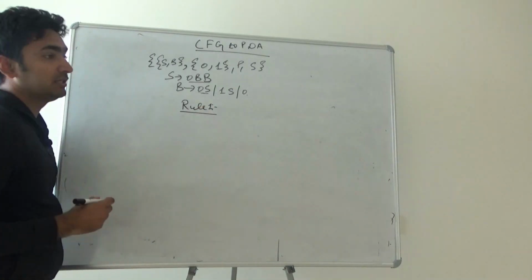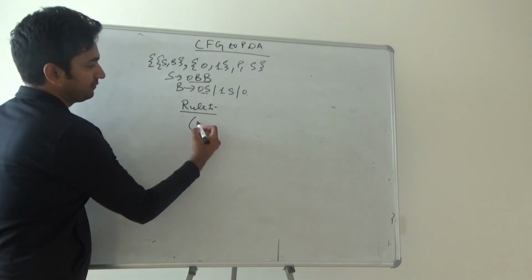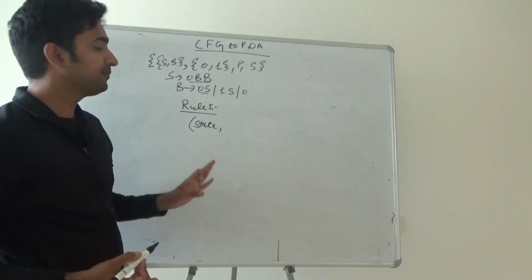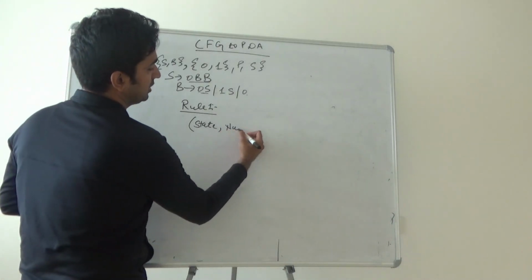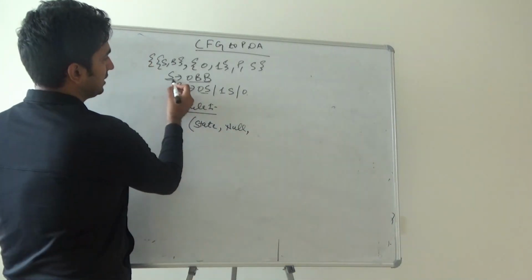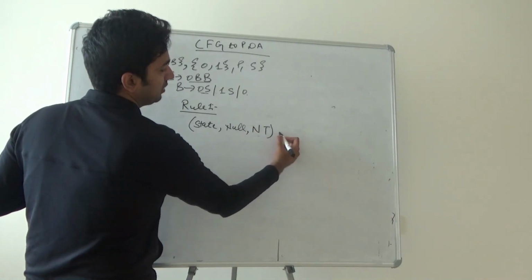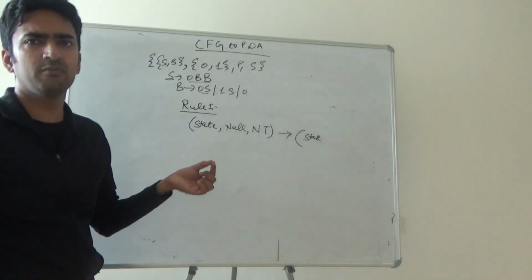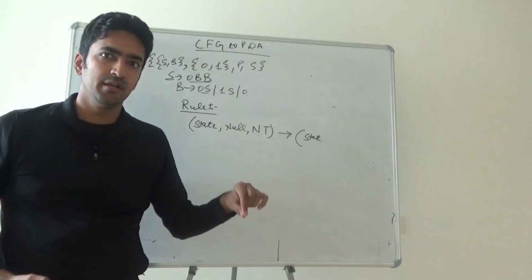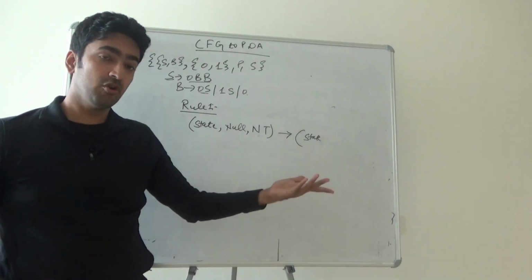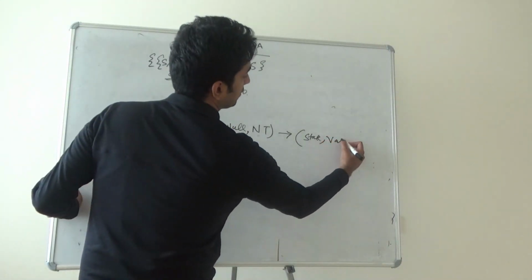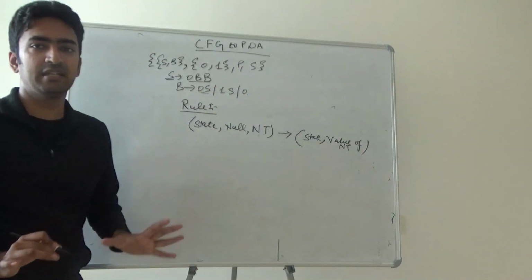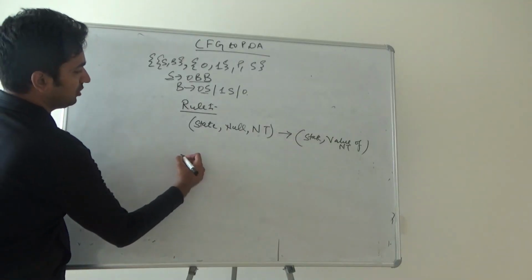Rule number 1: any state you can put, whether it is Q, Q0, Q1, whatever. Then you write the null symbol, and this is a non-terminal. It goes to any state. If I start from Q0, it can go to Q1, from Q1 it can go to Q0, and we have to write the value of the non-terminal. So this is the basic syntax of rule number 1, and rule number 2 is,